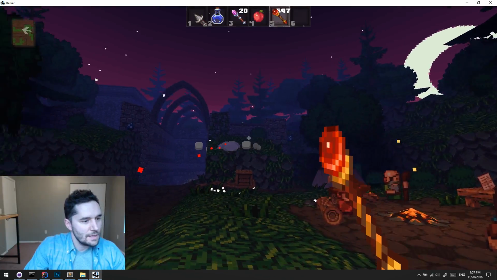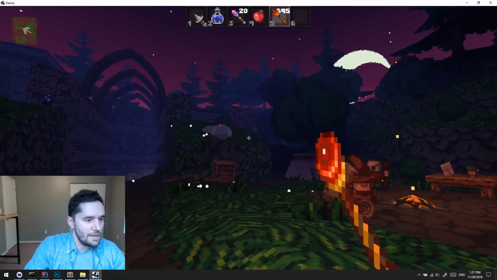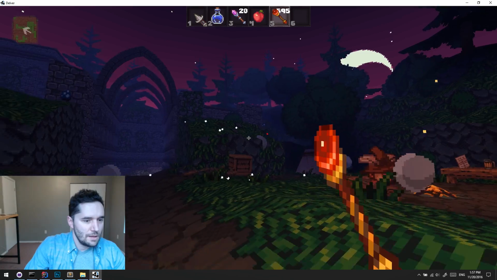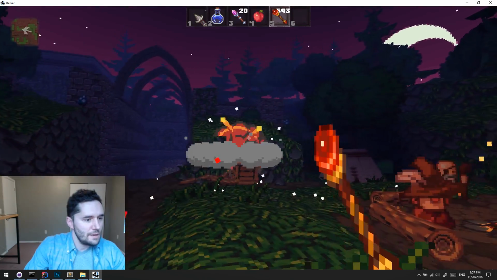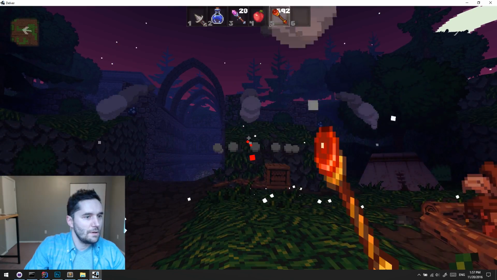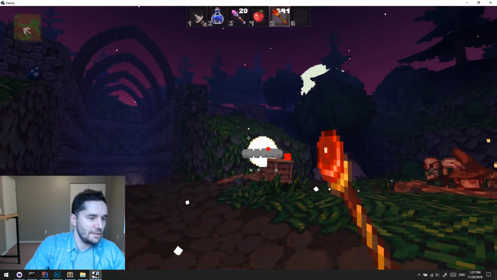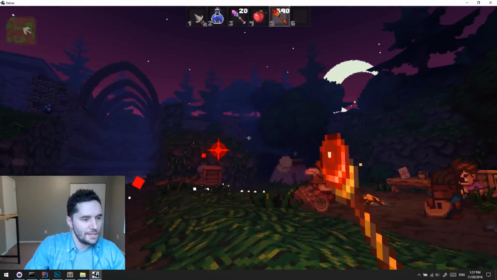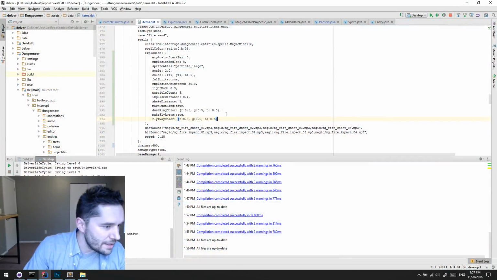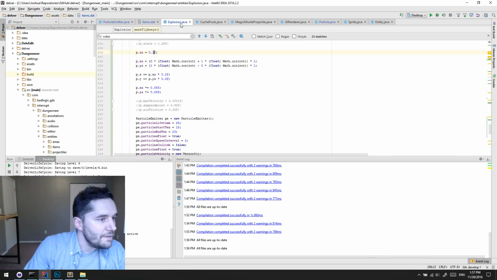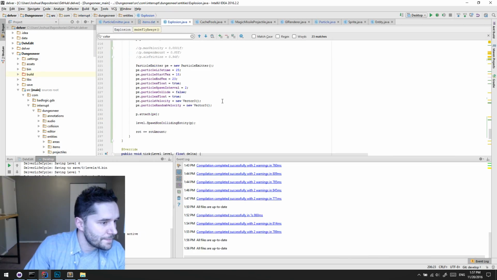That's nice. I need to make sure the starting Z value is high enough that they don't get stuck in the ground, and probably still tweak that velocity a little bit. But I think it's looking cool. It's looking really nice. I might also tweak down the scale a little bit too. Let's try that. So on the flyway,